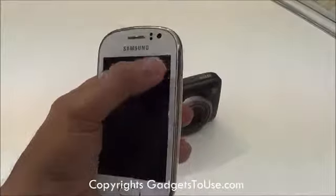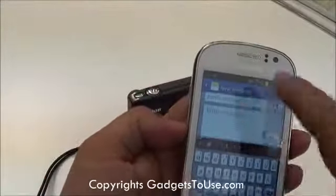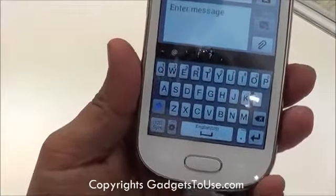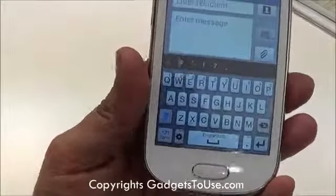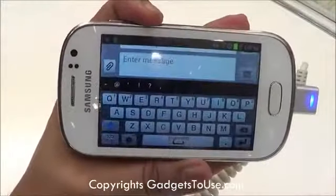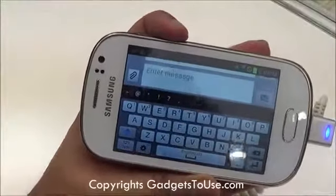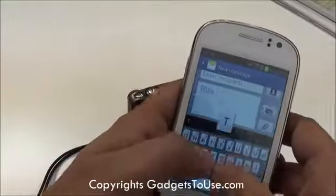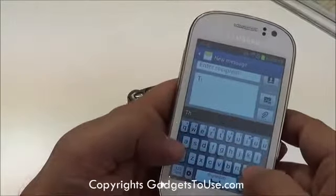If I talk about the on-screen keyboard, the touchscreen is again not very responsive, I would say, and the on-screen keyboard is pretty big to type. Although with thick fingers you might have problems while typing on this keyboard, and in the landscape mode the keyboard keys become much bigger, so it is quite easy to type even with thick fingers. So as far as the typing is concerned, there is no problem, but the keys are quite small because of